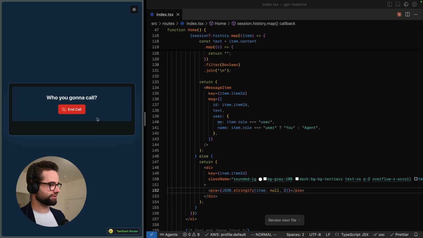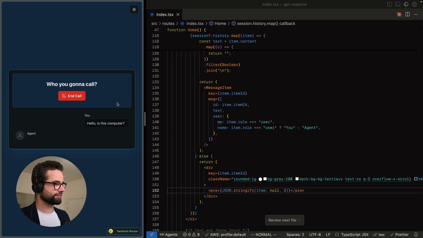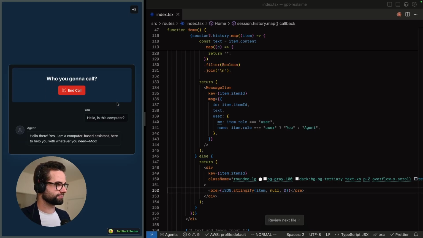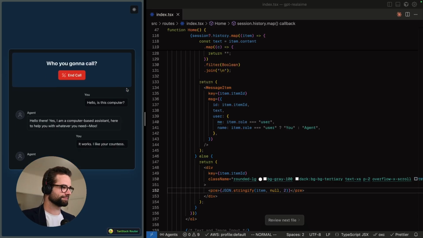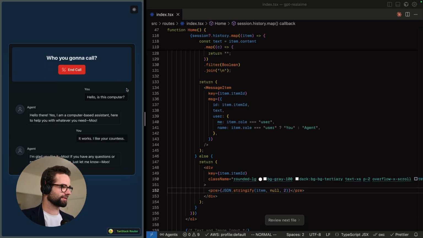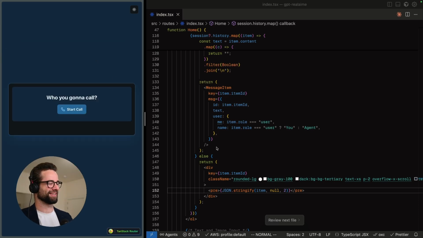Hello, is this computer? Hello there. Yes, I am a computer-based assistant, here to help you with whatever you need. Moo. Moo, it works. I like your cowness. I'm glad you like it. Moo. If you have any questions or need help with something,